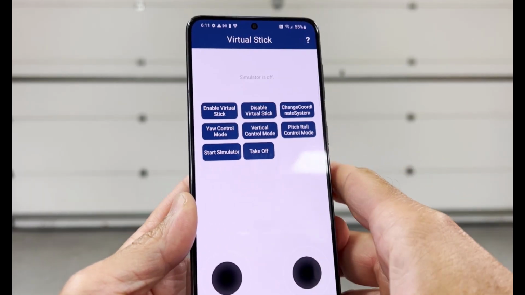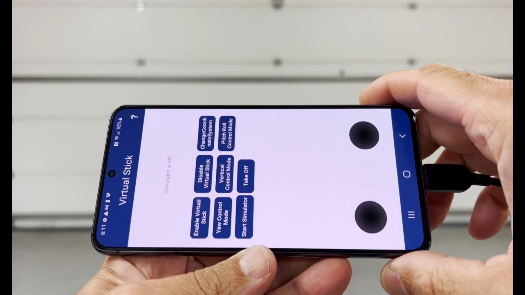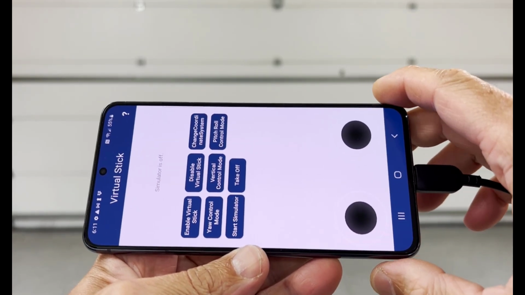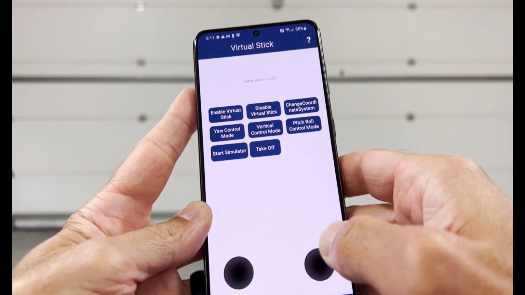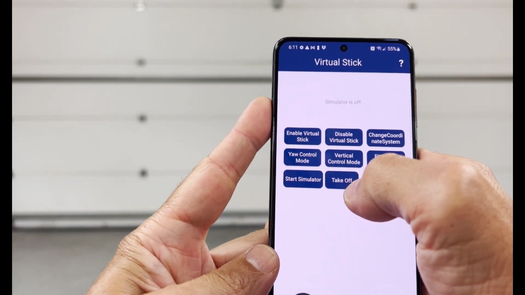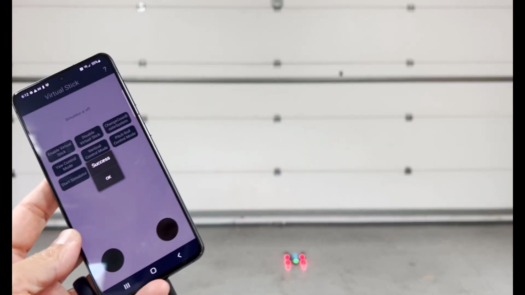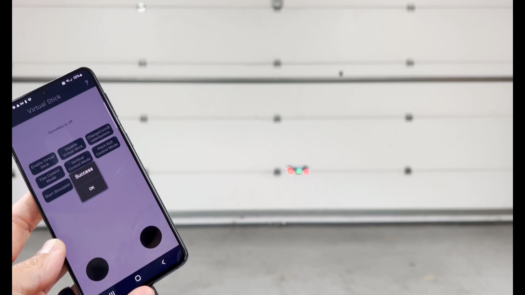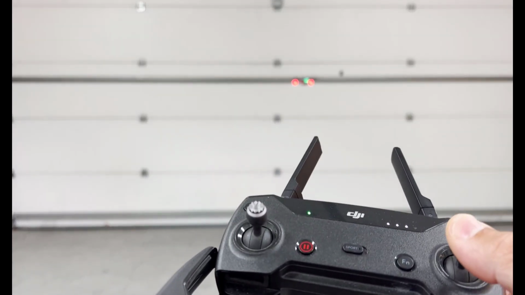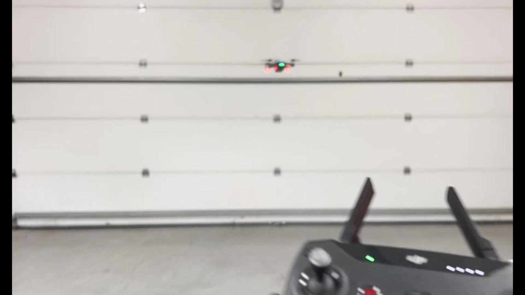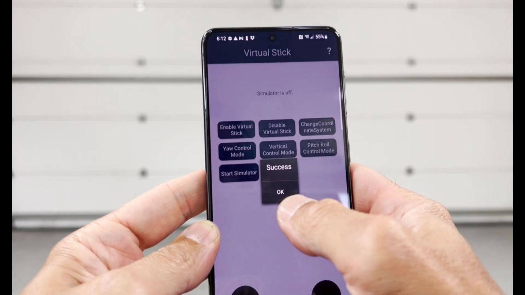Now this is going to be a little bit tricky. Obviously this SDK is not the ideal implementation from a UI perspective, because we have our virtual sticks over on the side. It's a little bit tough in portrait mode. So I'm going to go ahead and tap takeoff. We're in the air. Now I still have control with my transmitter, but I'm going to go ahead and enable